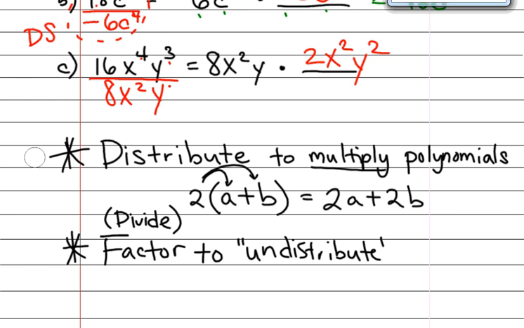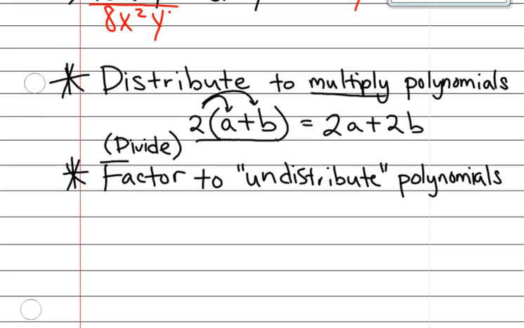Undistribute. So it's like the opposite of distributing. We're going to undo that distributing. And that's what we're going to do in this unit, is we're going to basically undistribute polynomials. Okay? So in the first lesson, or the last unit, I gave you 2 times